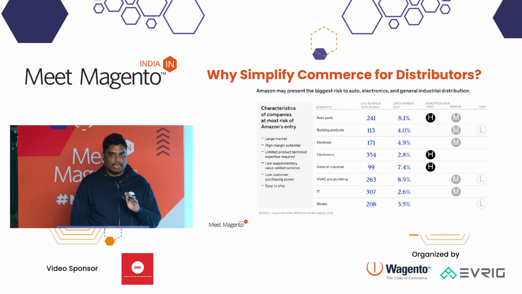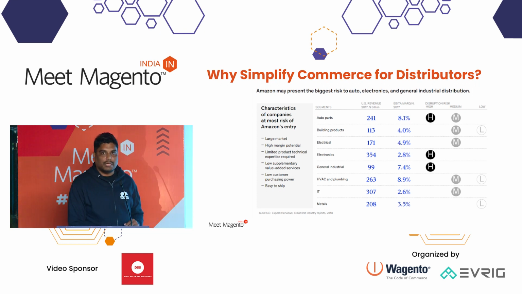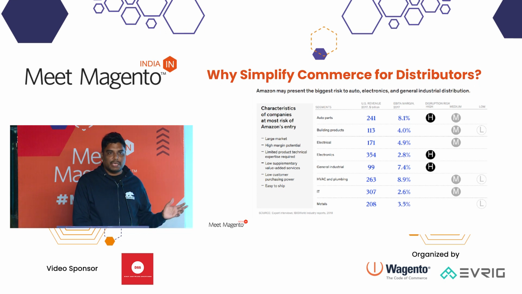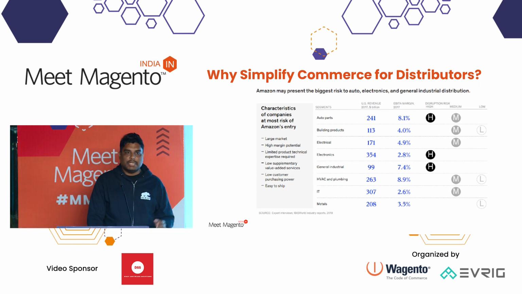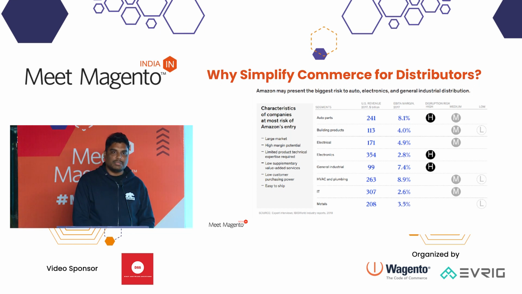So let me explain how the supply chain works so that you all understand distributors. Let's say the manufacturer is producing the products, right? They supply it to the distributor, okay? Either the manufacturer or the supplier will give it to the distributor, and the distributor will sell it to the wholesaler or the B2B business, and then they sell it to the retailer and then the end consumer. In some cases, the distributor also sells directly to B2C. So there are a lot of instances.